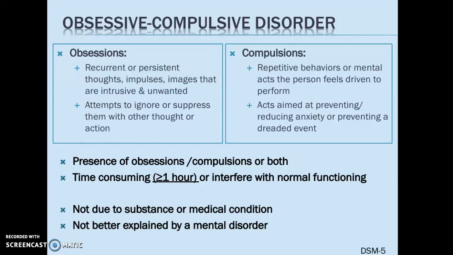Patients with obsessive compulsive disorder have these two components to their illness. So obsessions and compulsions, which makes sense. So obsessions are the thoughts that are associated with the anxiety. So they tend to be intrusive and unwanted and unable to be ignored. So thoughts that your mom's going to get hurt or that you're going to get hurt or something bad's going to happen, and it's intrusive, right?